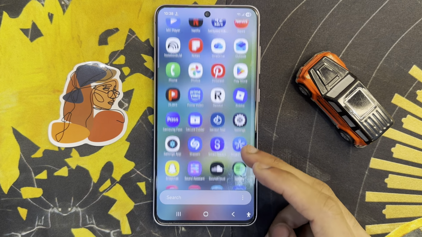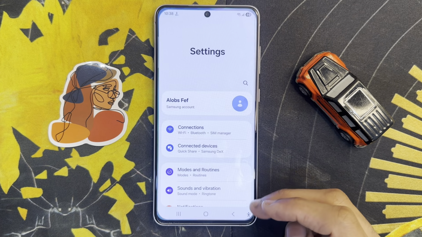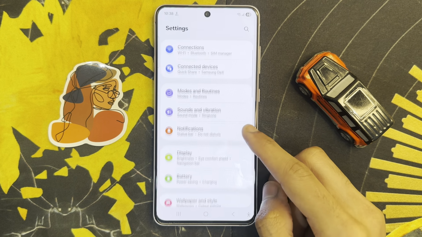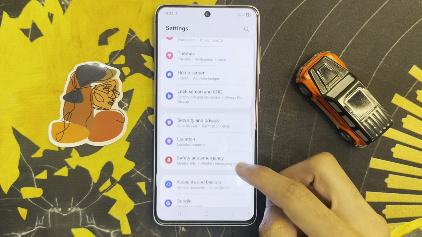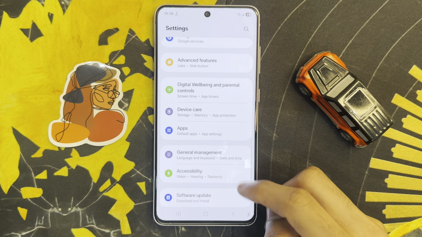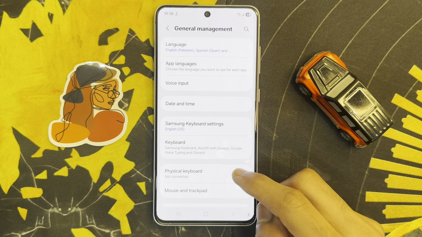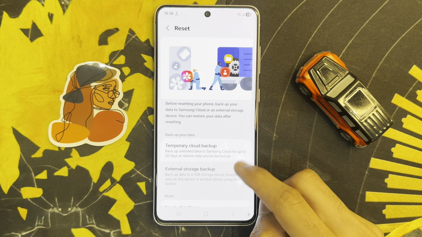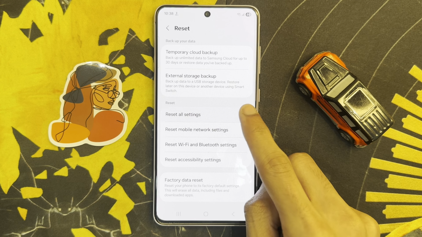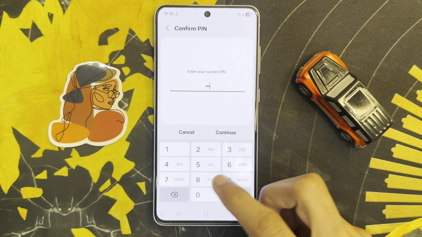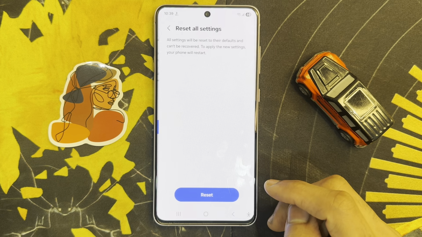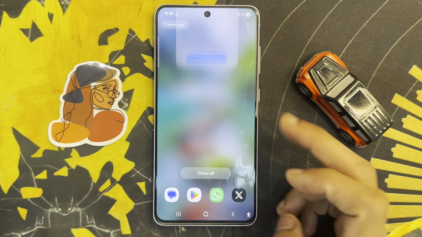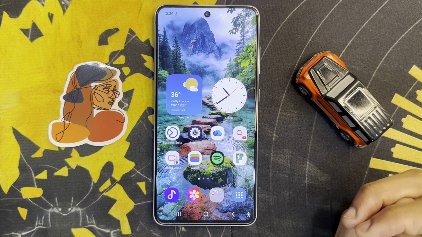go to app library, scroll down and click on settings app. Now in settings, scroll down and click on general management and click on reset, all settings. Enter phone pin, click on continue. Again click on reset. You will see your problem is solved. But if it is still not solved,